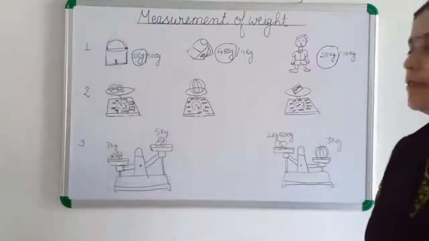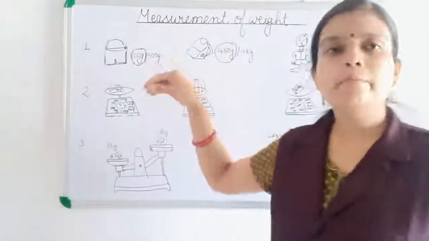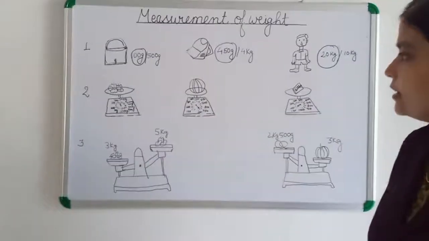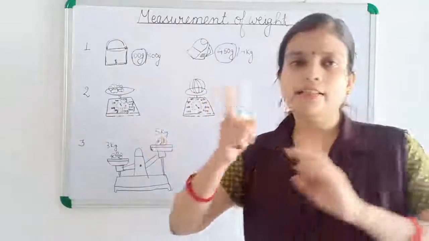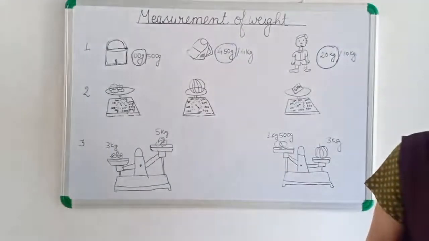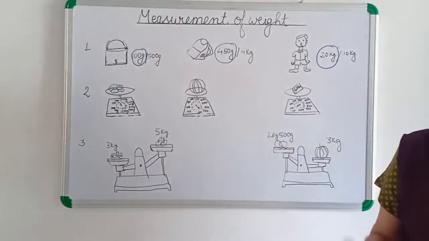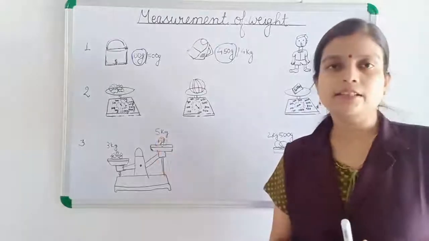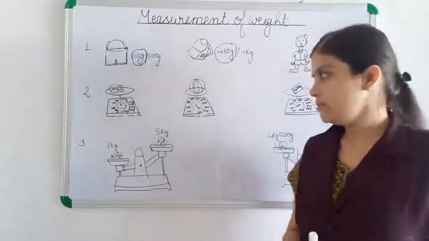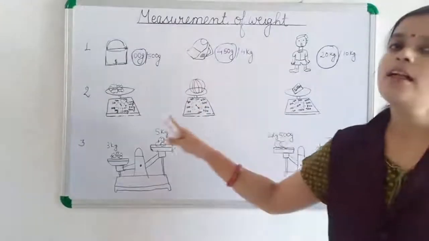Now here we have to measure the weight of each item. For measuring the weight of any item, we put it into the balance, and then we observe the indicator, where it is going. That only we are doing now. So first, the weight of the apple. These are the apples, okay? What is the weight of the apple? We have to find it with the help of this balance.